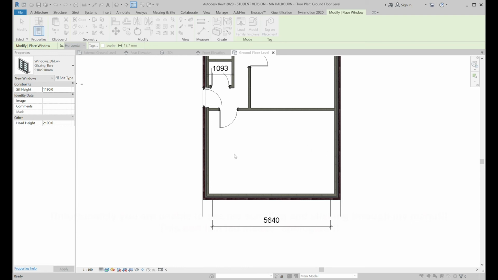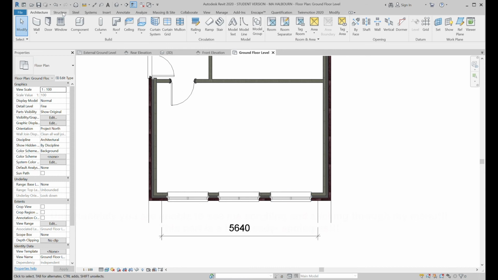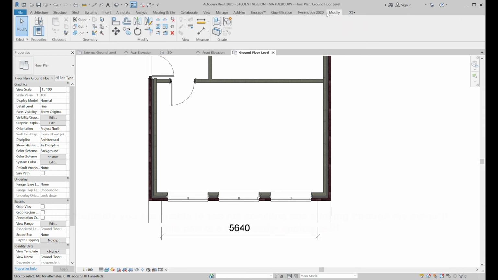So we've got rough width, which we know is 1445, and rough height, which is 1720. And we've got window framing, that's all good. So if we OK that, now we know that we've got 3 of these, so I'll just pop them in there. And as a modifier, we've got an align tool here, so we can pop this one up to there, pop this one up to there,